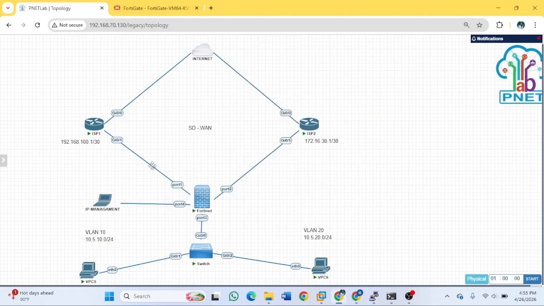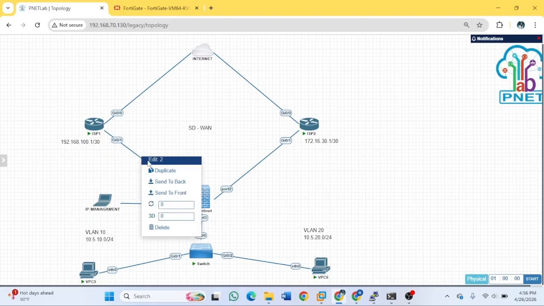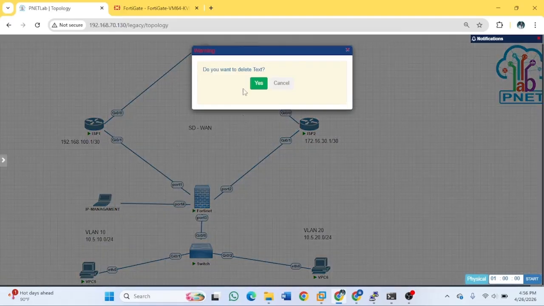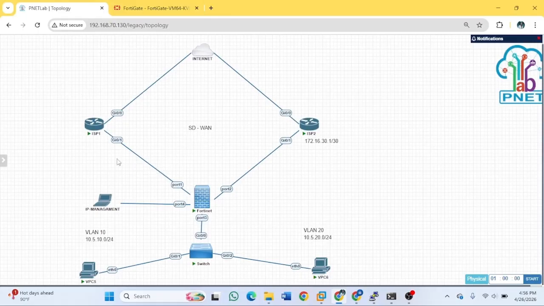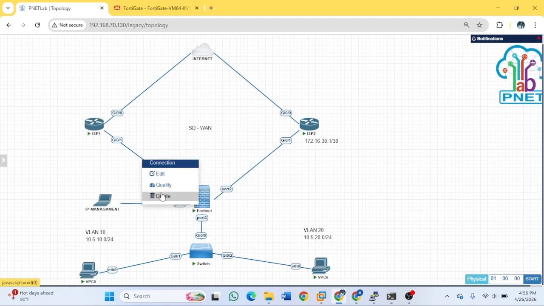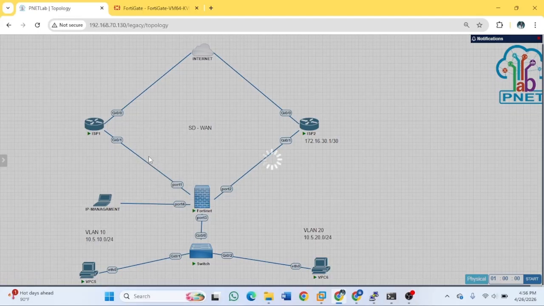Okay, going to check the failover here. I must delete the cable and check the connection. Okay, delete. Okay, I'm going to check it.